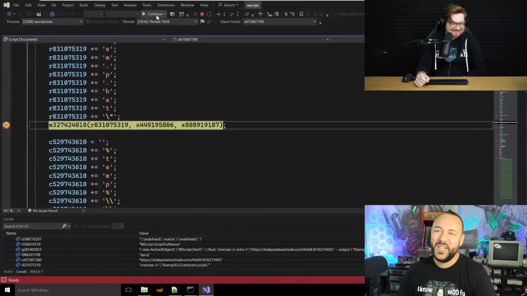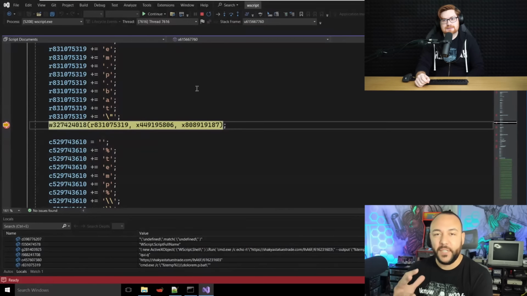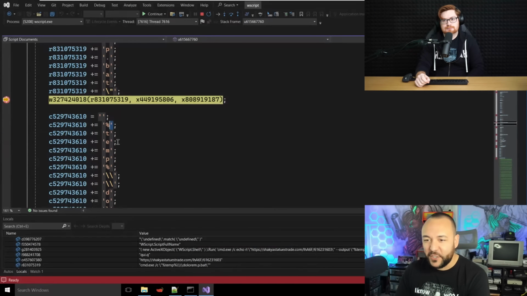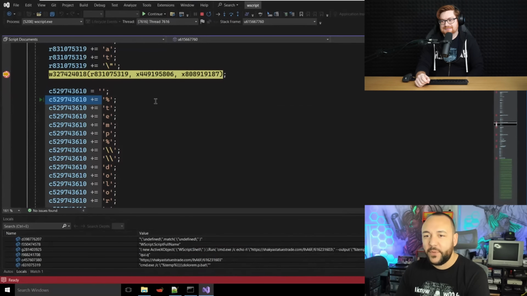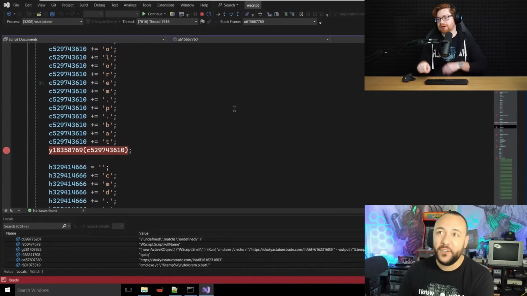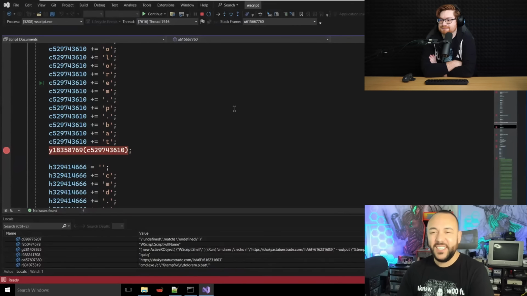Wait, what year is this? You can clean it up with some regular expression. Many people would just look through this, and a lot of fledgling analysts would just look at the letters and copy, okay, I'm going to have that and then that. Or they'll make a regular expression to clean this up, take the strings out, and then just stare at all the strings and say, those are all the commands.